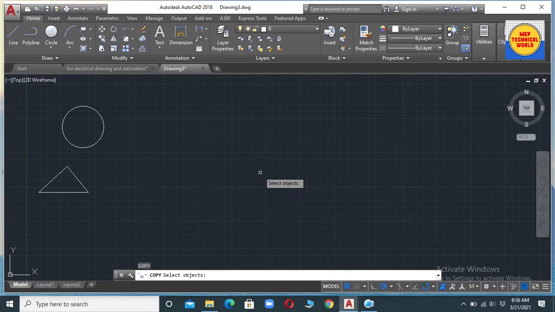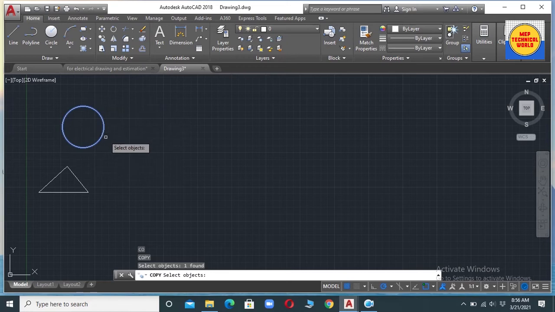Now you'll see the statement "select objects". We have to select the object which we are going to copy. Suppose we are going to copy this circle, so select this circle by clicking on it.